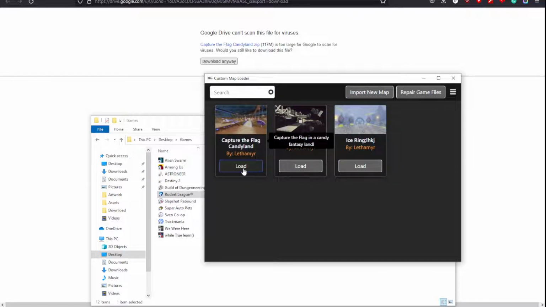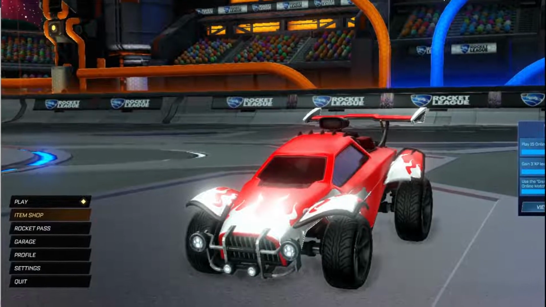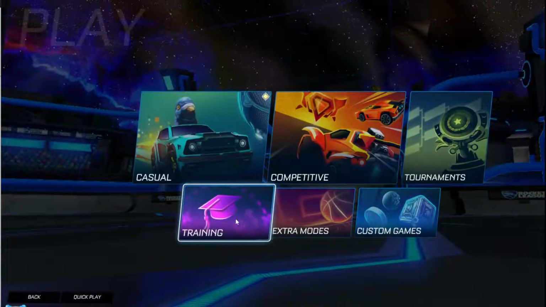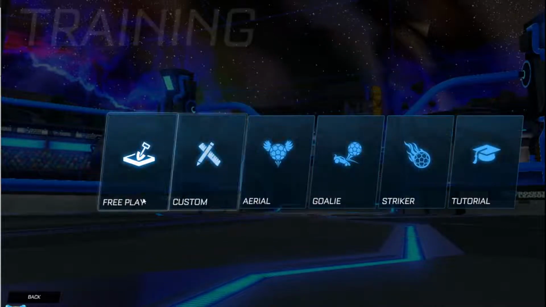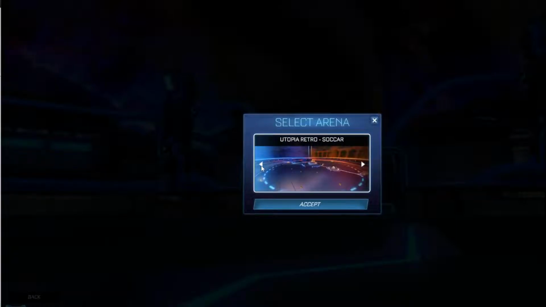So we want this map. Press load, get a little ball icon, and when it's done loading, it should say successfully loaded. There you go. Perfect. And here we go to play, training, free to play, and you need to find underpass.